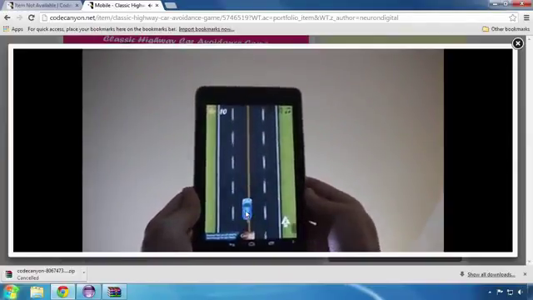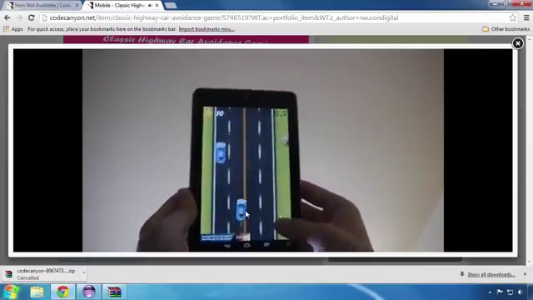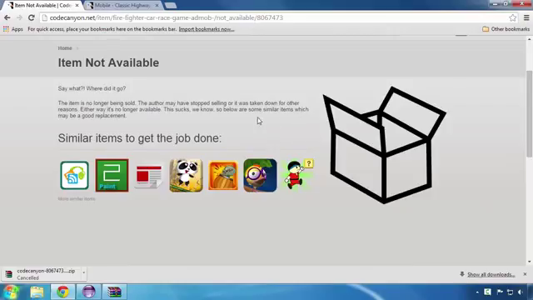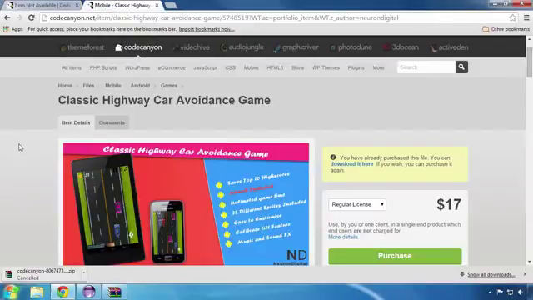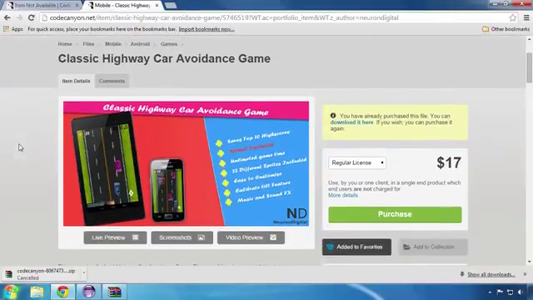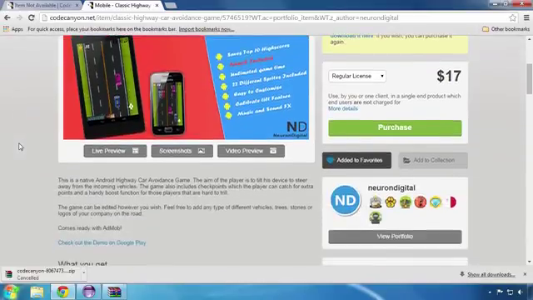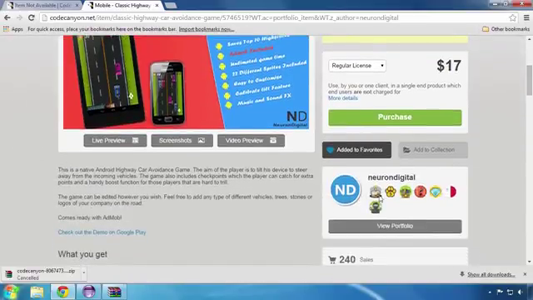Let's see what's included in the file. As the page states, the author might have stopped selling it or it has been taken down by CodeCanyon for some reasons. So, in order for you to be able to follow this course step by step, I decided to purchase another game and show you how to reskin it. This is just an update to the course. The other lessons of this course will still remain relevant. I have picked a similar